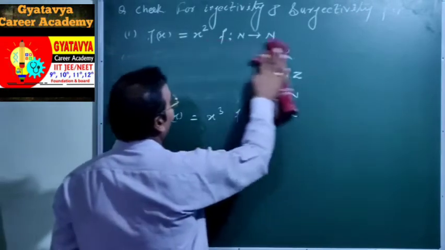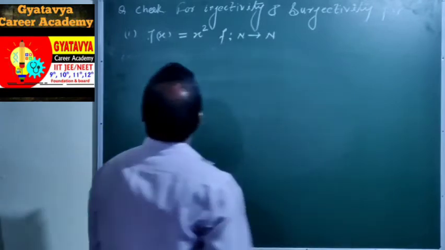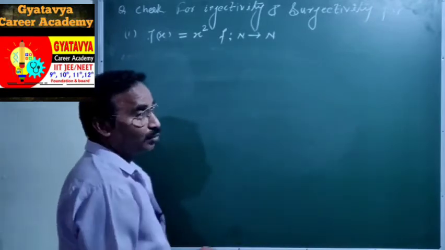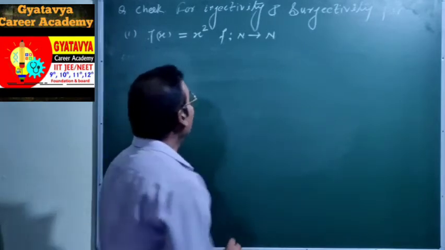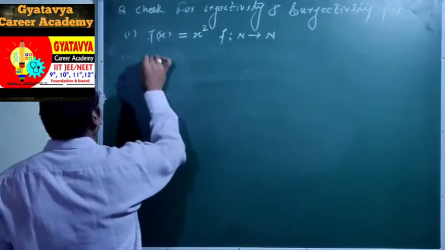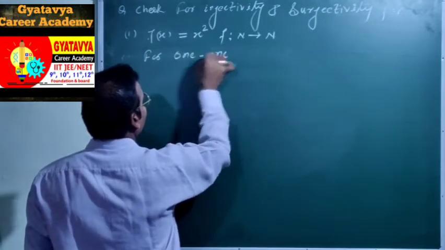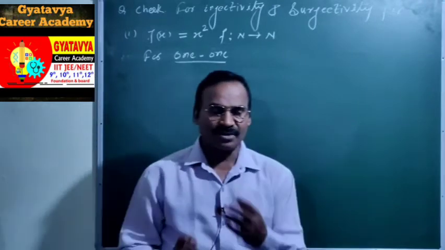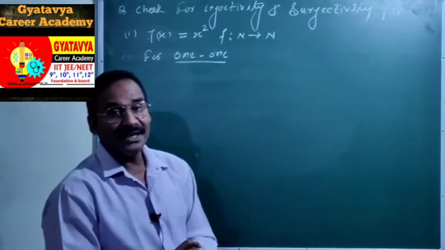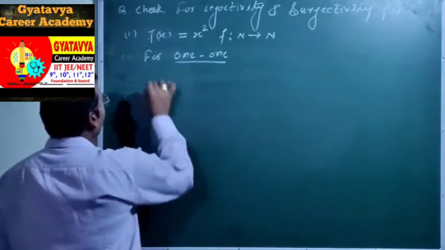First, I have taken the first problem, f(x) equal to x square. Now you have to check for injectivity and surjectivity. Now for one-one, I have told two types of method: first the mathematical method, second the graphical method. So mathematically,